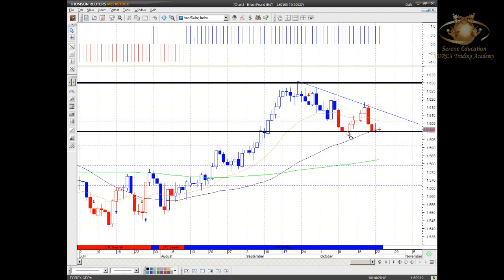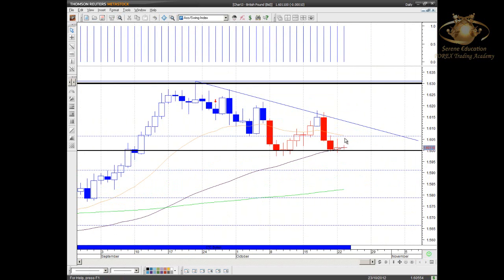We don't want to do the same thing over here, be selling into a major support, because we could see a bullish engulfing candle here, which constitutes to an even morning star formation, and then we would see price reverting back to this trend line, this intermediate trend line. Hence, the CTC on the other side is still looking positive, so we don't want to be taking that into effect. As you can see quite clearly, the 20-period moving average has been broken recently, and price is testing both